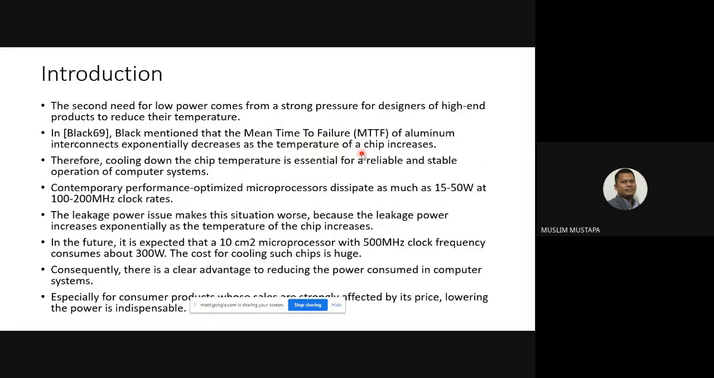So that's why this is the other driving factor for having this low power SoC in the market. Therefore, cooling down the chip temperature is essential. Contemporary performance-optimized microprocessors dissipate as much as 5 to 50 watts using 100 to 1000 megahertz clock rates. So just imagine, but do you know, guys, what